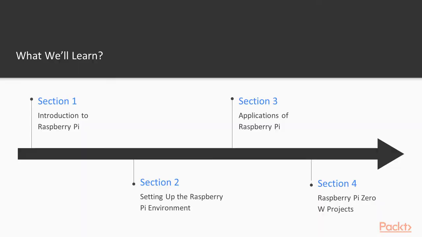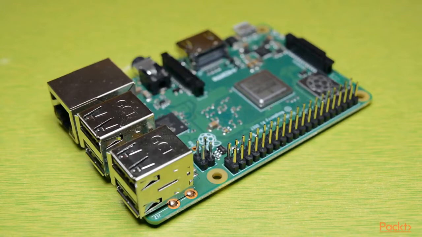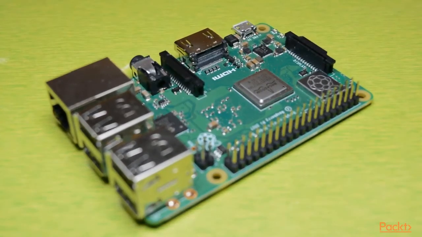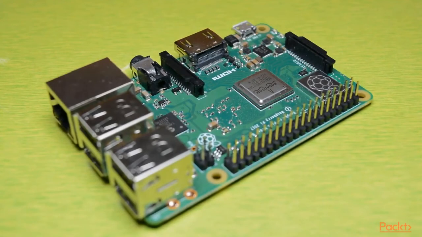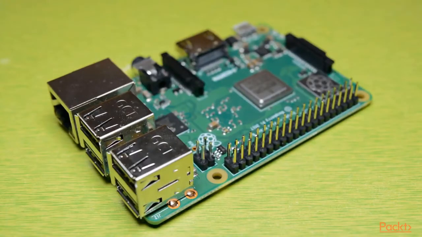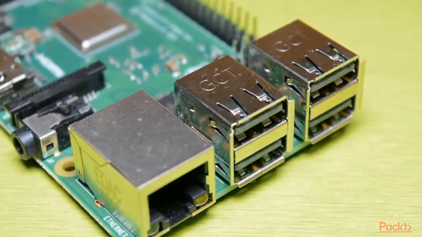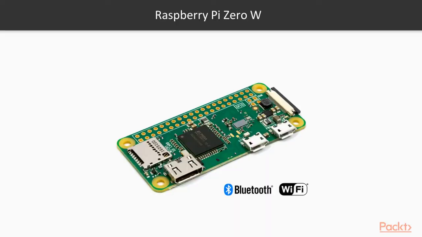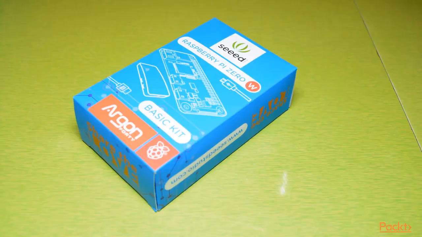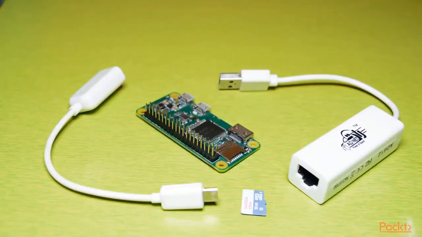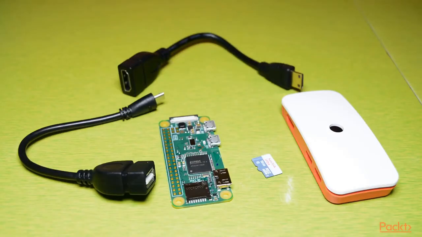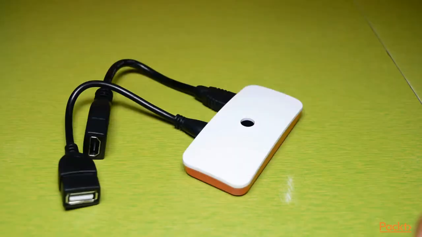We will talk about the projects that we can make using the Raspberry Pi Zero W. Now in this course, we will not start from 0. In fact, we are going to start from -1. So if you don't know anything about the Raspberry Pi, that's okay. In the 4th section, we will talk about the smaller version of Raspberry Pi, and that is Raspberry Pi Zero W. With the Raspberry Pi Zero W, we will make our own Wi-Fi router just like the real one. Not only that, you will also get to see how you can make a portable PC using your Raspberry Pi